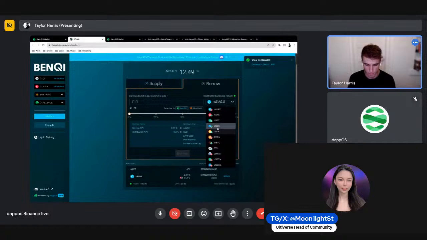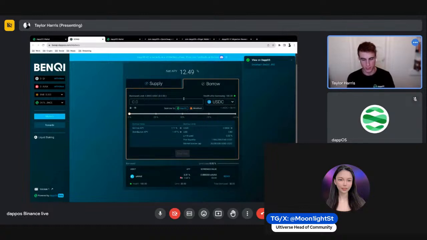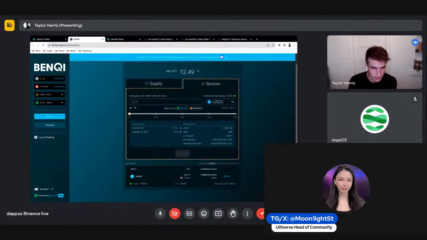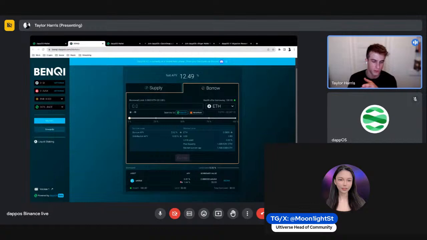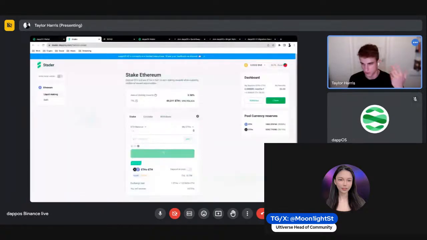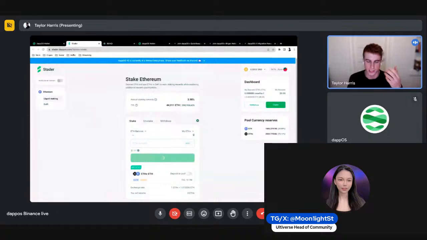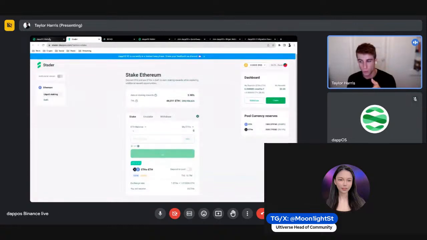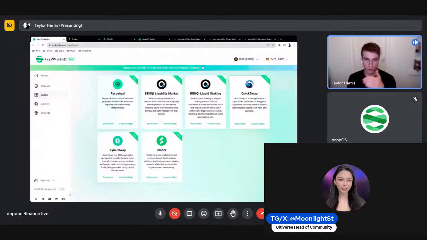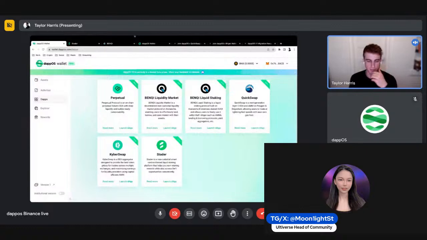So now what we're going to do is we're going to borrow, right? So that's where you go between supply and borrowing. If I wanted to, let's say, borrow ETH, I could do that. And the thing with ETH is I would be able to take that ETH and go over and stake that on Stater because, as you know, that is something that is able to be done on Stater. So that's one of the great things about the collaborations, the integrations that dappOS has: if I run into, let's say, one small problem on one of the dapps, I'm able to solve that problem through another one. It's all connected, it's all unified, and thanks to all the chains being in one. So let's go back.